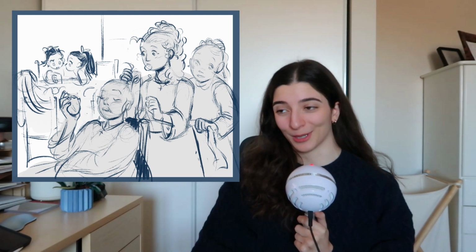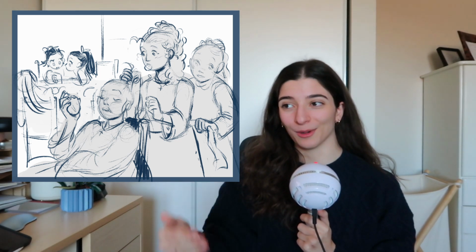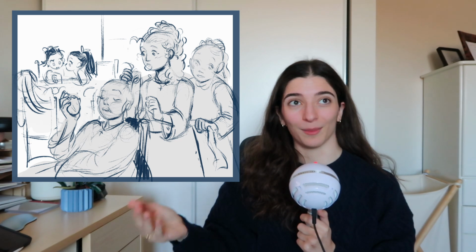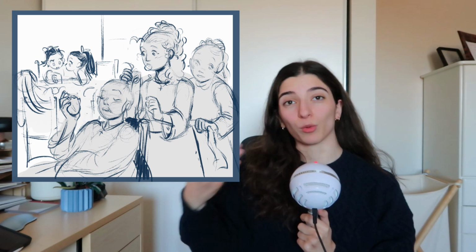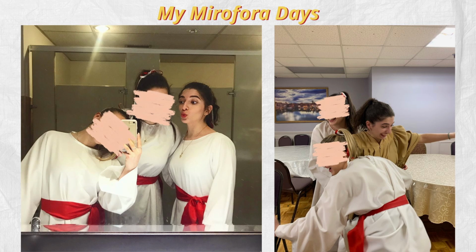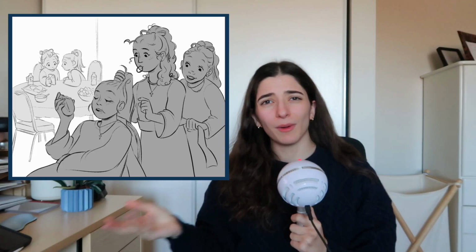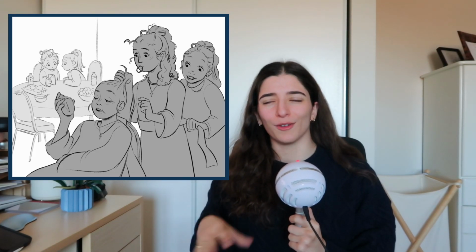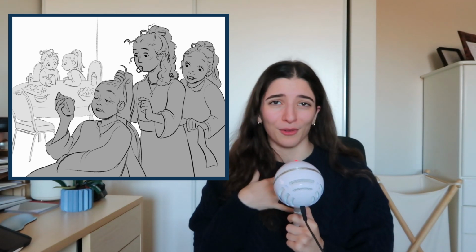If you don't know what a myrophora is, in the Greek Orthodox Easter services, young girls have a role that they can play in the service. Myrophores all dress in matching white robes with ribbons and hair ribbons. At my church, we had all the girls put their hair in high ponytails, so everyone matched. You can have matching candles. It's very cute. So I wanted to show these moments of all the girls, in the basement, helping each other get ready, helping each other do their hair, talking, not being so refined.